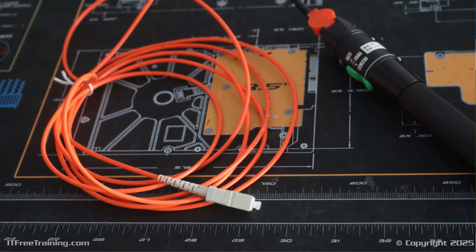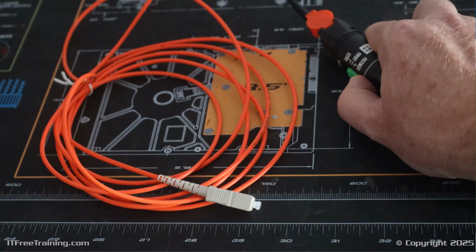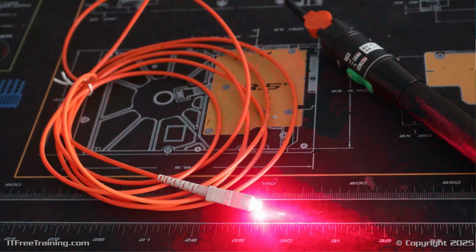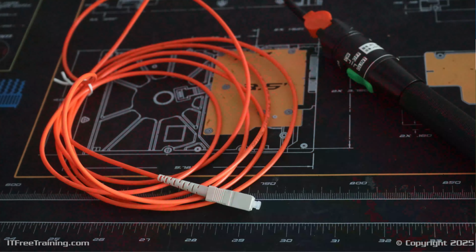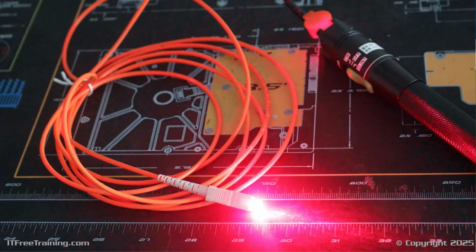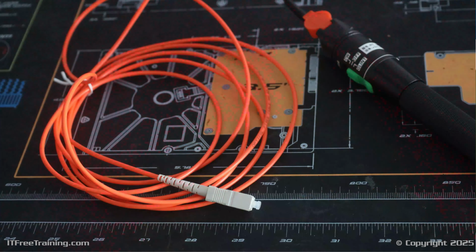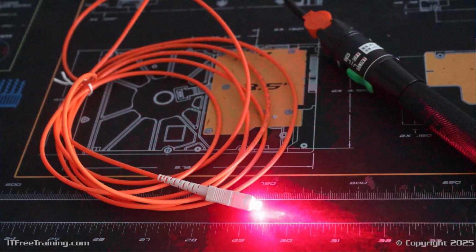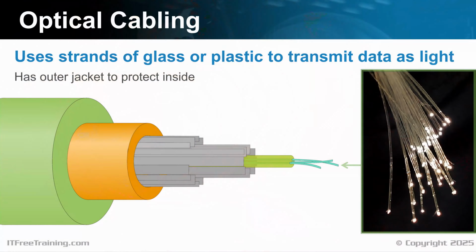In this example, I am utilizing a line tester to send a laser through a fiber optic cable to test its functionality. As you can observe, the light successfully travels through the cable. It is important to note that in typical network applications, the light used is invisible to the naked eye, but can pose a hazard to human eyesight.